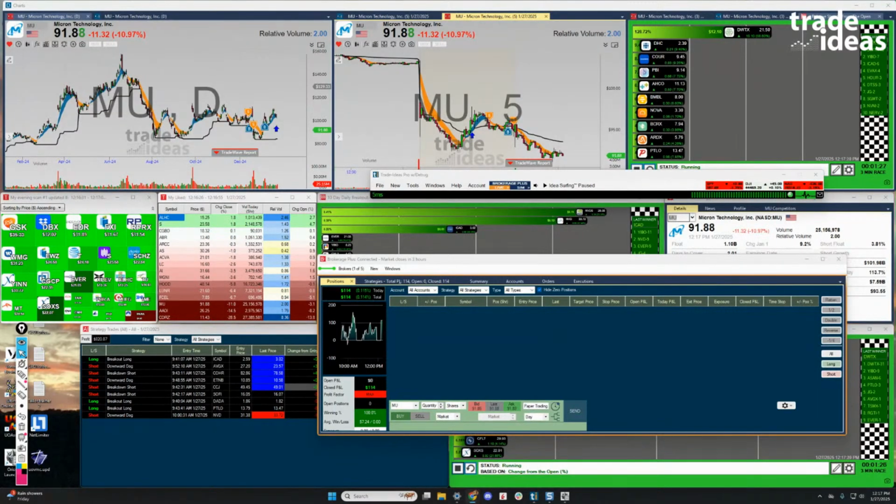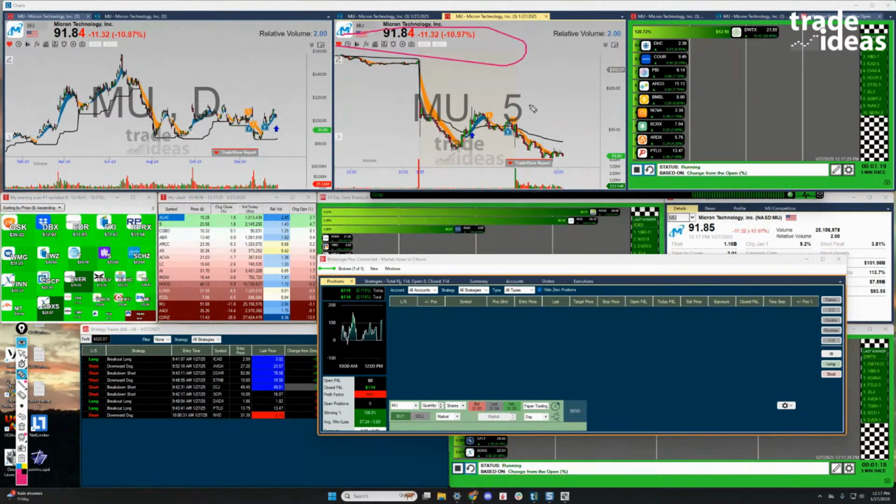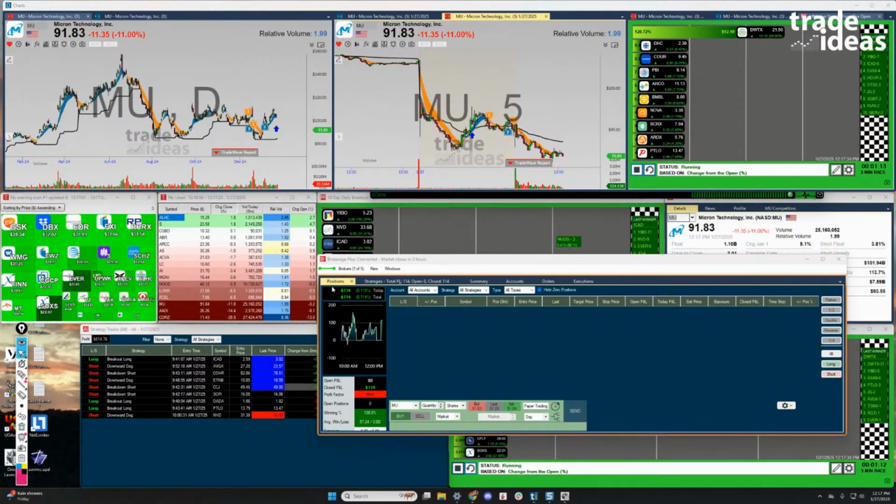If you have a position in a stock and you click on the chart, it'll show somewhere up in here, I forget where, and it'll say how many shares you have and how much you're up or down. So let me take a mock position right here in this paper account. We'll take MU and buy some MU. Let's get 100 shares of MU.